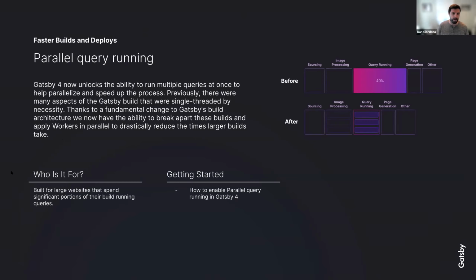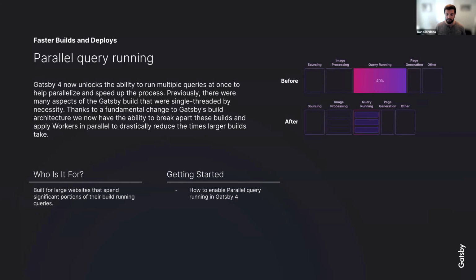This is going to be big for any large website that spends a lot of its build time on this. We've seen build times get cut by 25 to 30%. And for that particular query running, we can cut it down 50 to 75%, based on the plan you're running on Gatsby Cloud or other cloud providers and how many cores you're throwing at the problem.